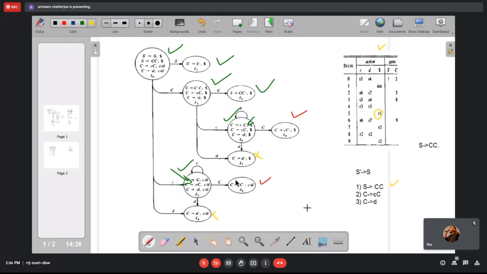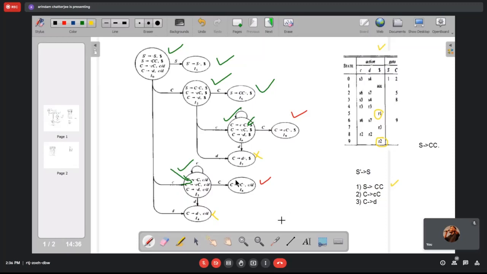For example, in state 9, under dollar, you have R2, because I9 has capital C producing small c capital C dot, including the look ahead item dollar.